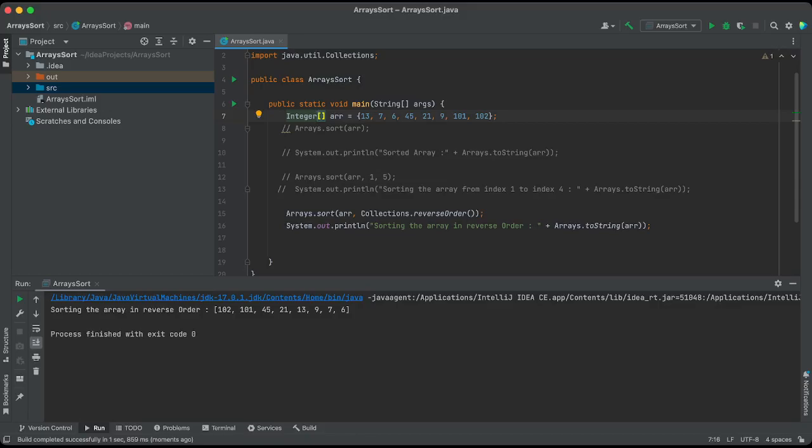Now lastly we will be implementing the sort method by declaring our own Comparator interface. So this is the most important thing, where we are implementing the Comparator interface and we are sorting the array. So for that